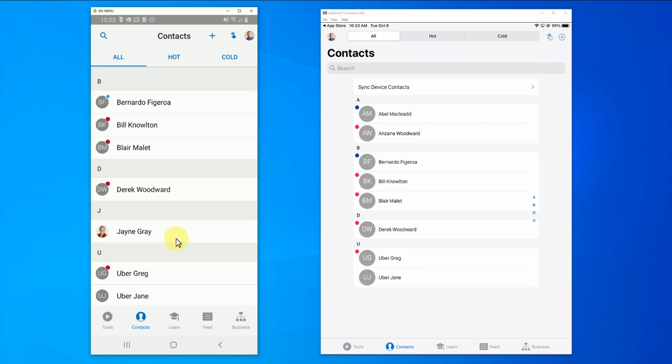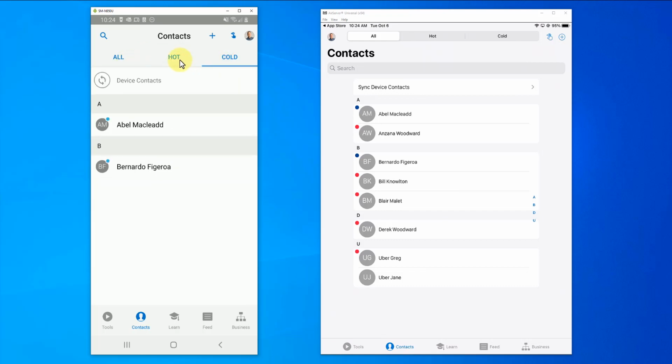Now a contact added to ASEA Connect that is hot is a contact that wants more information about ASEA, somebody who's actively engaged in the content that you're sending them, so you're going to mark them as a hot contact. If somebody is really off the grid with ASEA and you don't necessarily want to see them regularly anymore, you can mark them as a cold contact and ignore them by choosing these little categories up at the top for all, hot, or cold.